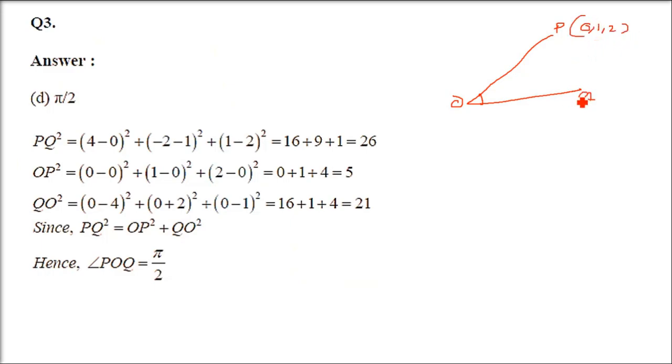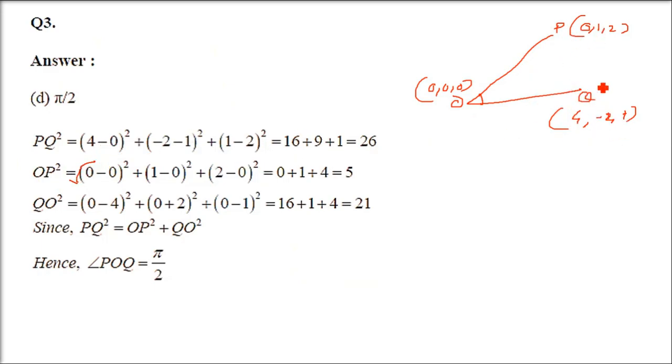And if we square two of these lengths and the sum is equal to the third square, then it is quite clear that one of the angles is 90 degrees. So this is 0, 0, 0, actually this is the origin. So you have P and Q. Let us find out OP: 0 minus 0 whole square, 1 minus 0 whole square, and 2 minus 0 whole square. We have to do the square because we don't want the under root. It would have been the under root, but we have just taken the square.